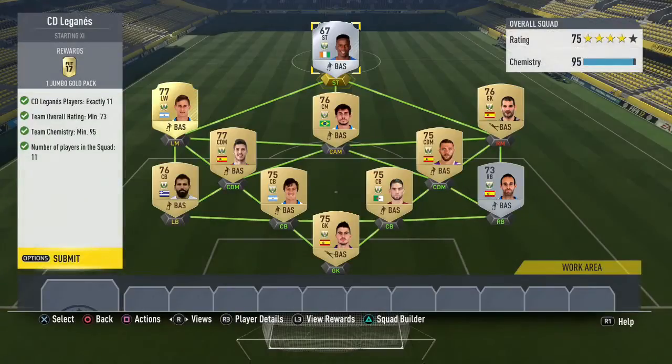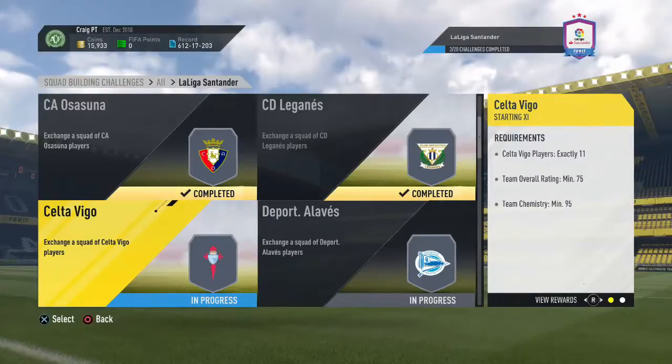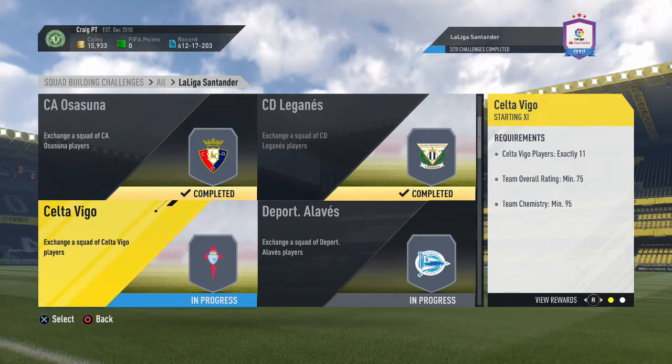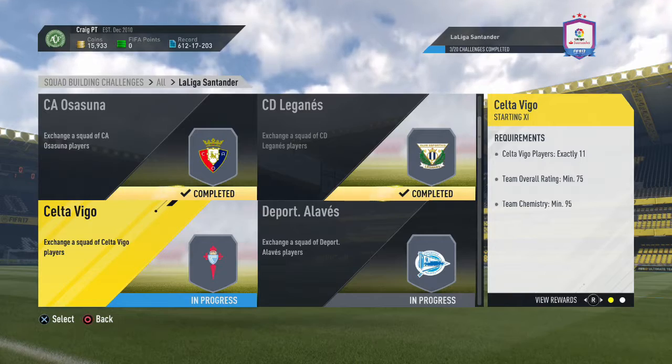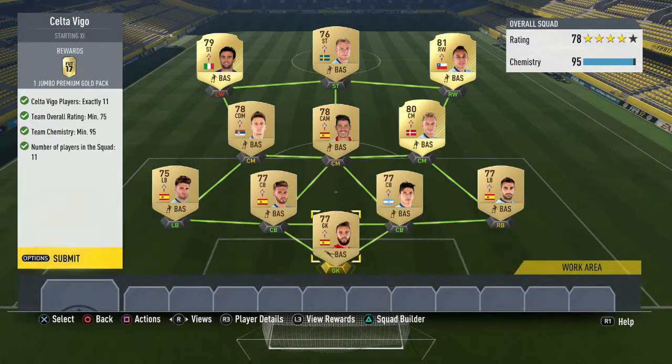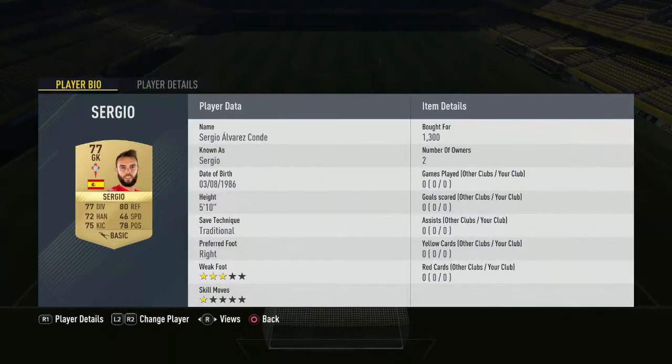Some of these teams in this SBC group have really good rewards as well, like 25k packs, 45k packs, 50k packs, 35k packs. It's a really good Squad Building Challenge to complete for that end reward of the Suarez as well. We start off in goal with Sergio, 1,300 coins for this Spanish man, getting him as the first player